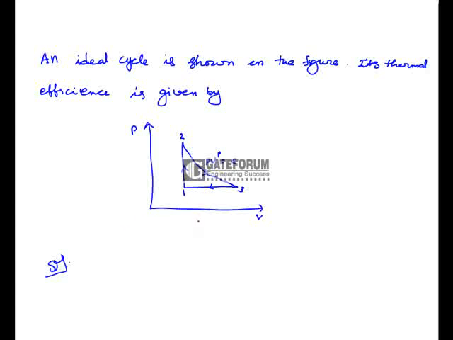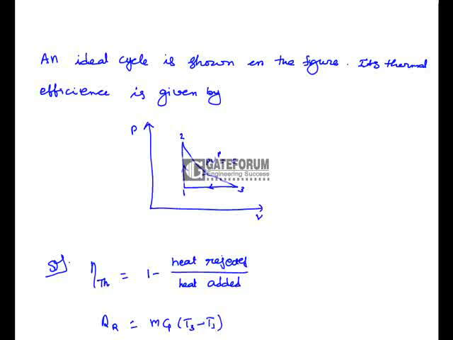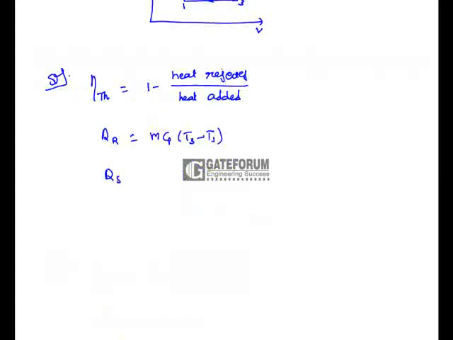So here we know that the thermal efficiency of a cycle is equal to 1 minus heat rejected to the heat addition, or heat added. So by using this formula we can calculate the thermal efficiency of the cycle. Here heat rejected is equal to m cp (T3 minus T1), and heat addition, or heat supplied, is equal to m cv (T2 minus T1). But we know that 3 to 1 is a constant pressure process, that means V by